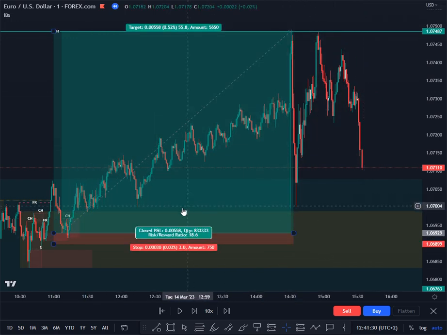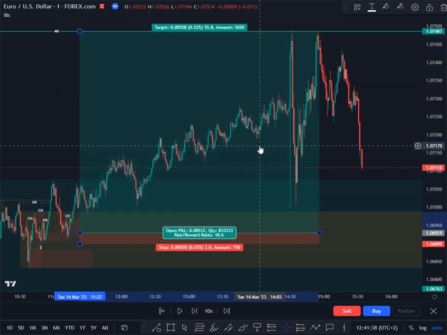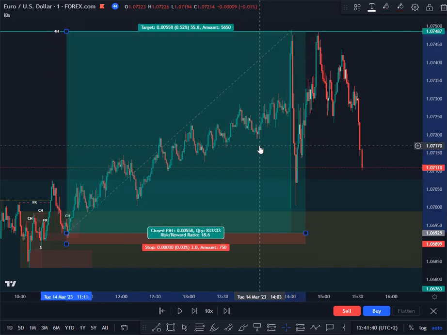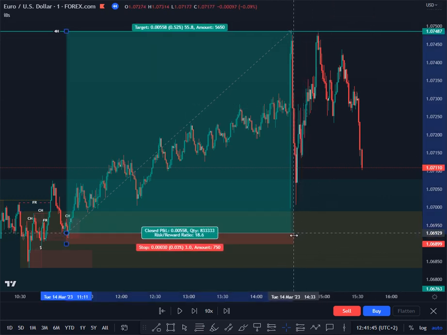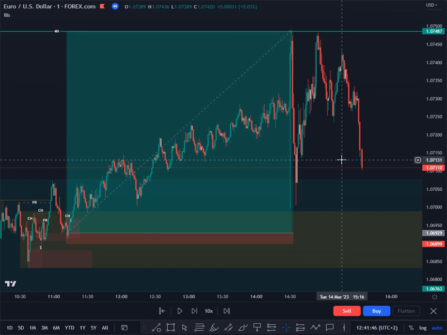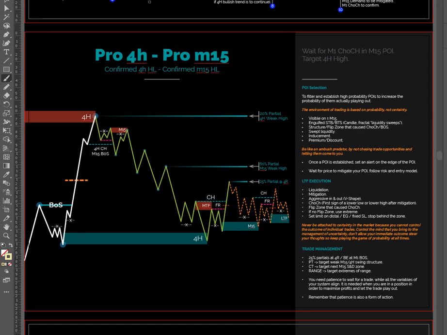Let me just hide that other entry right there, because we actually didn't take a double entry. We took one entry, and this is the result. We took a 1 to 18 yesterday. So yeah, just to simplify things for you a little bit, I'm just going to show you our approach to